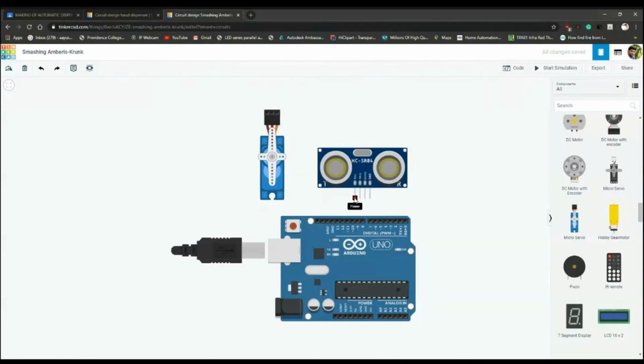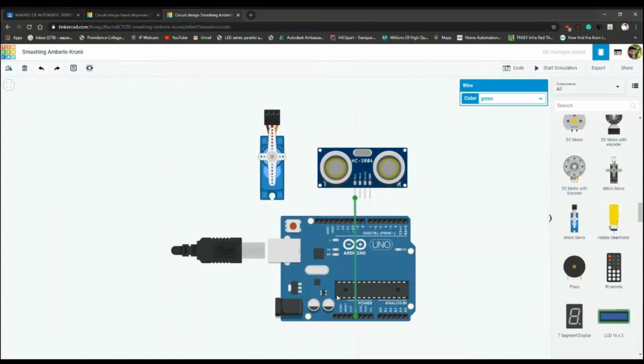Okay, so our Arduino can run from around 8 to 5 volt. From here you can see we can get an output of 5 volt from the Arduino Uno itself. So I am going to click at this 5 volt, which is the VCC, and then I am going to drag it over the VCC of the ultrasonic sensor.